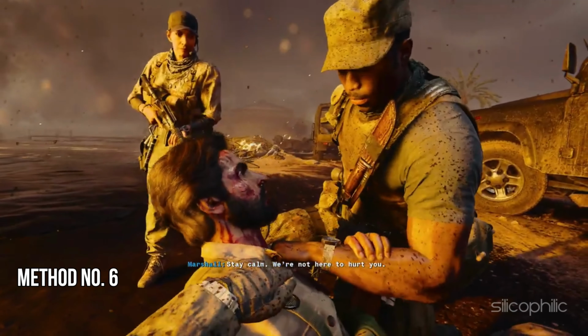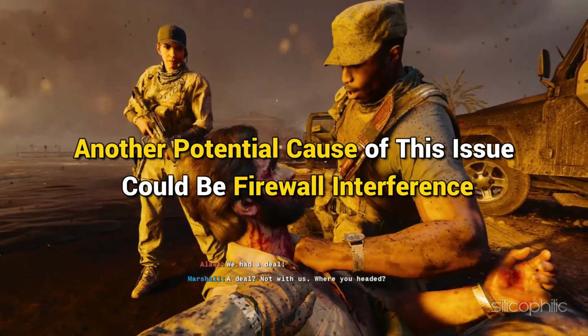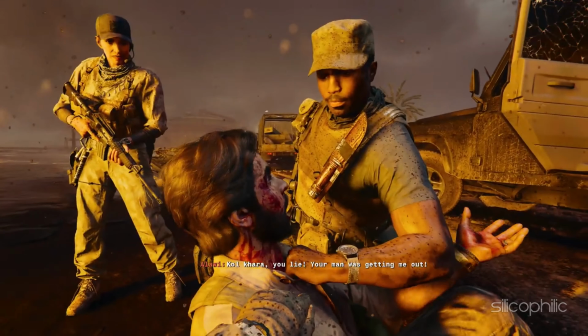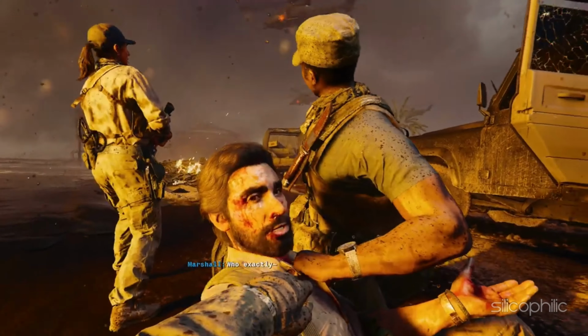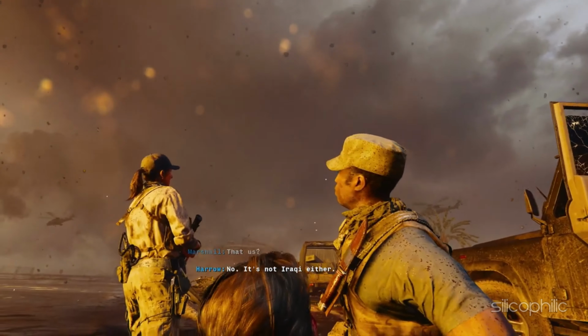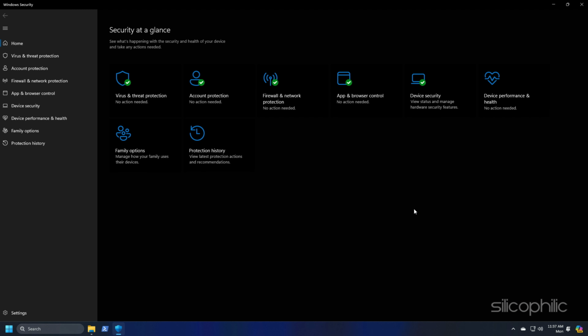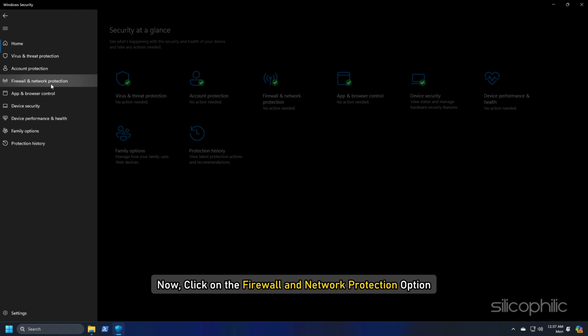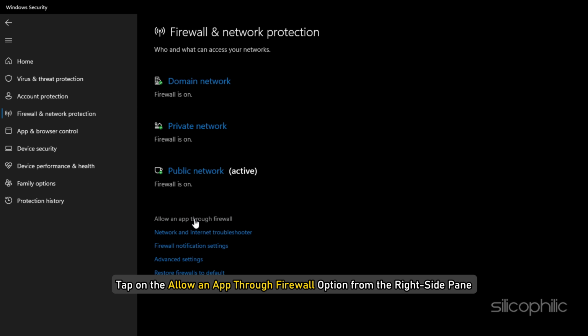Method 6. Allow the game through the firewall. Another potential cause of this issue could be firewall interference. So allow the game through the firewall and your antivirus program. Here we are showing how to allow the game through Windows Security. Open the Windows Security app using the search menu. Now click on the Firewall and Network Protection option. After that, tap on the Allow an app through firewall option from the right side pane